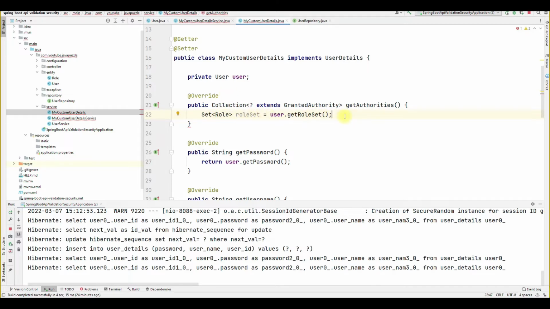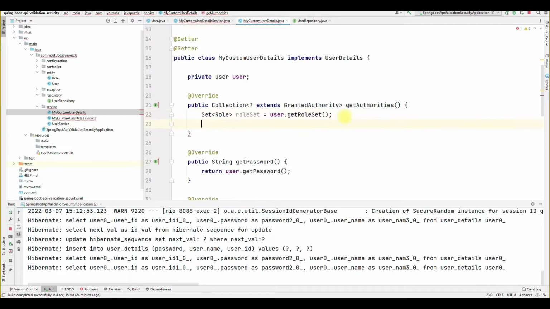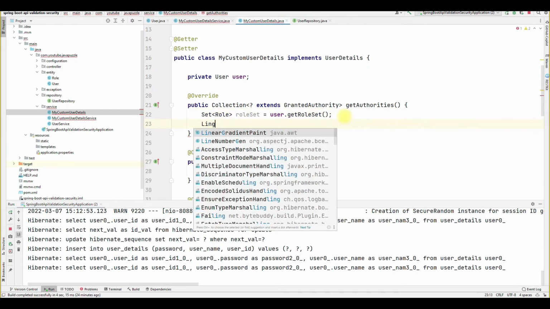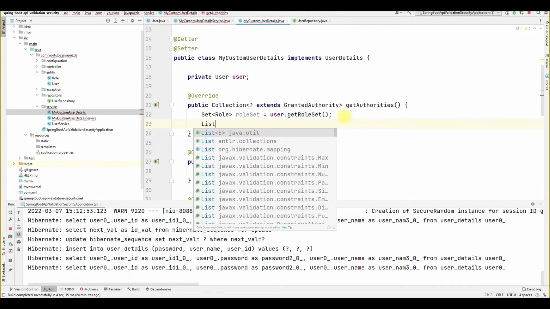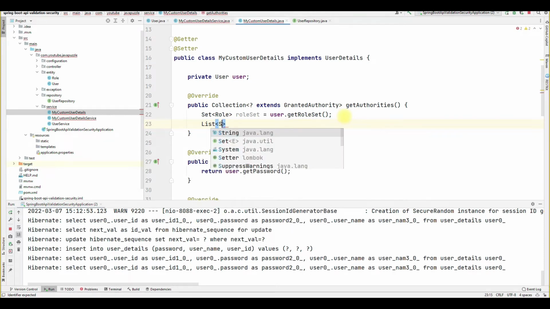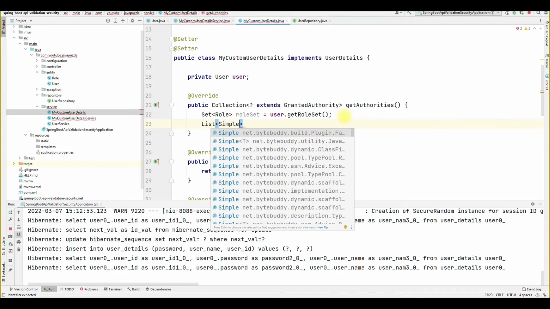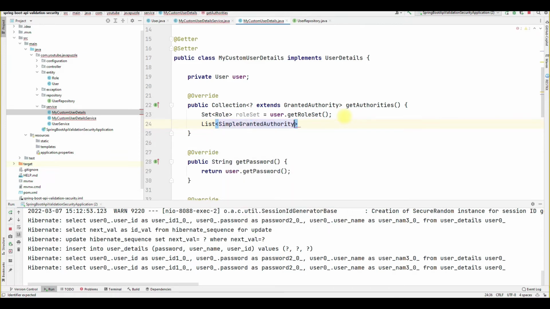Now what we have to do is add them one by one into the simple granted authority. So let me create one more object, a list of this simple granted authority.